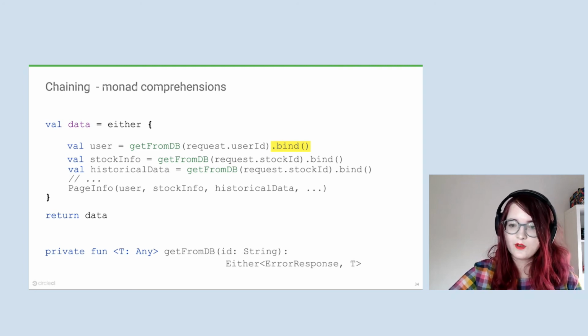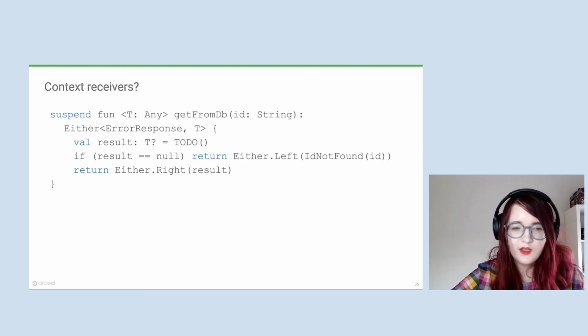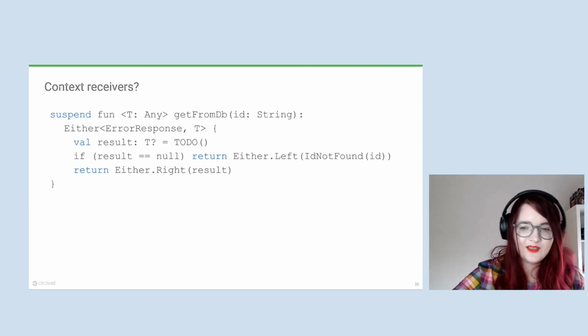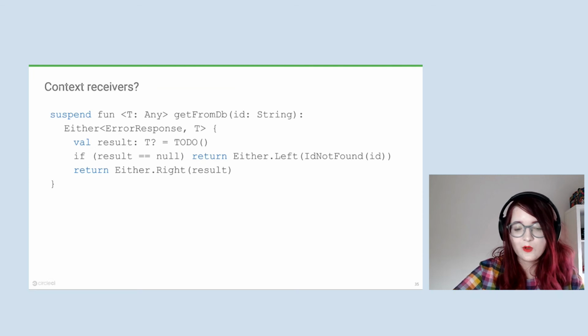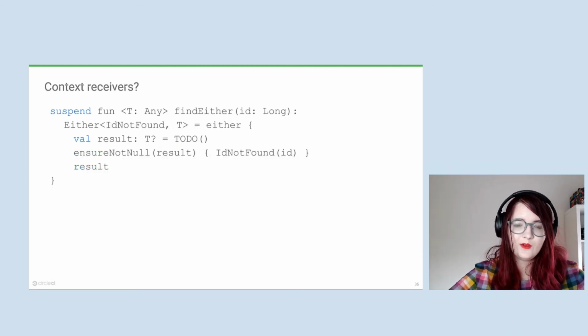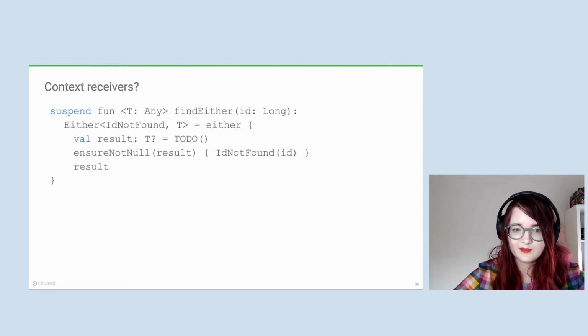So how do I write a function that uses Either? It's quite simple. You can either explicitly state, okay, let's create Either, return Either.Left and Either.Right. Or for more elegant code, you can say, okay, let's just say we have an either block without explicit wrappings to Left and Right, and everything should be handled